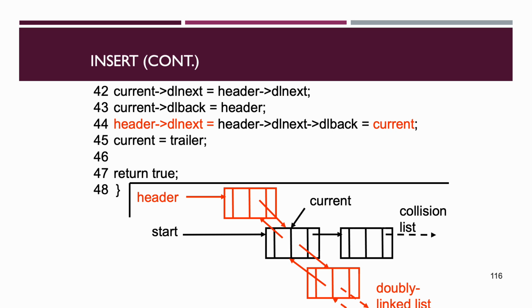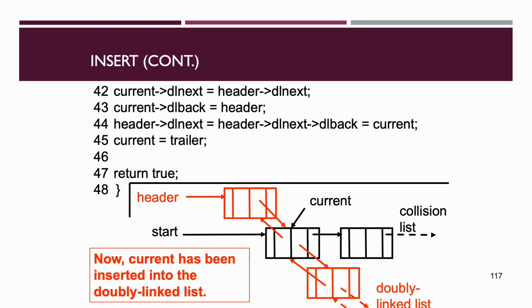After doing all of these things, lastly the header pointing to DL next means it is pointing to the current. Now current has been inserted into the doubly linked list,